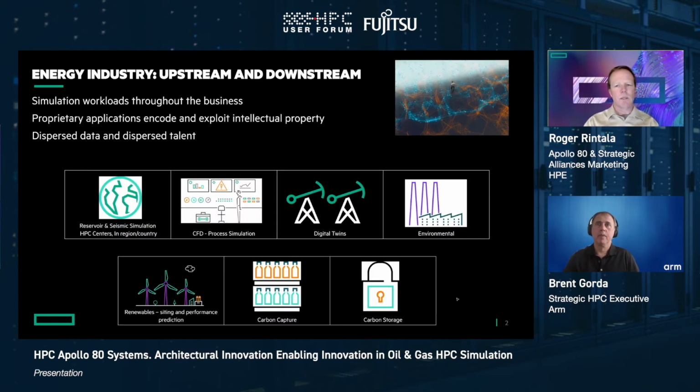But first, I want to level set a little bit. This system is really purpose-built for high performance computing, and very well suited for simulation applications. We see these workloads throughout the energy industry. You guys have been doing this work forever, really since the early days of high performance computing. But typically that's been restricted to very specific domains,